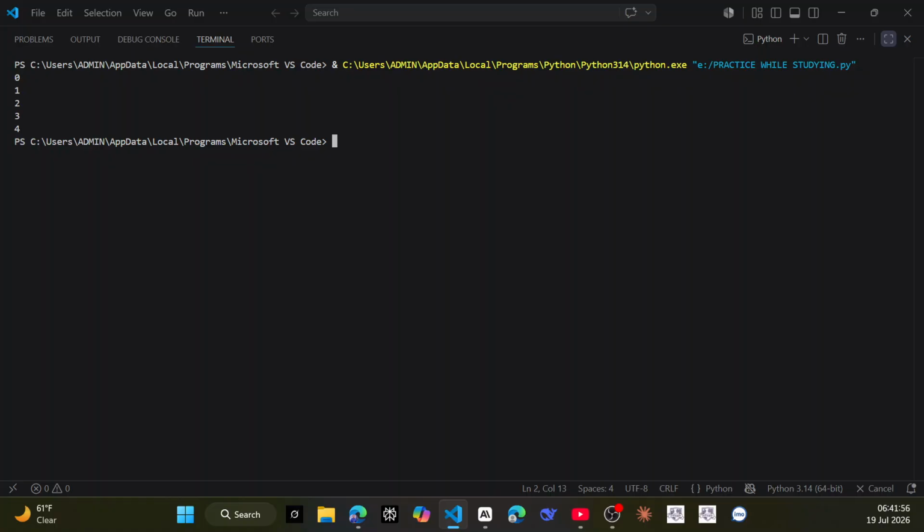So if you ever want the numbers 1 through 5 instead, you need to make the range 1 to 6. If you want numbers that don't start at 0, you must give it the starting point and then the end point. That is when it will give you numbers 1 to 5. So we are giving Python both a start and a stop. For example, if you have something like,